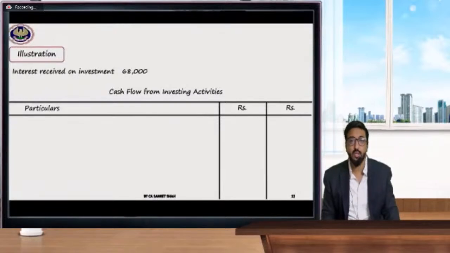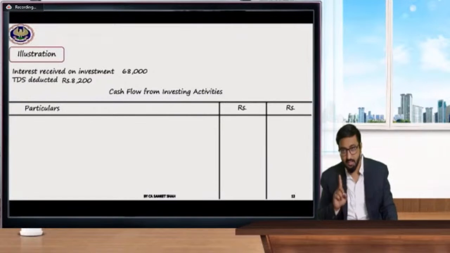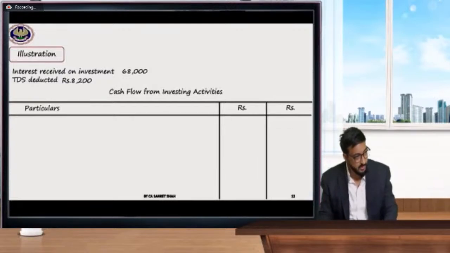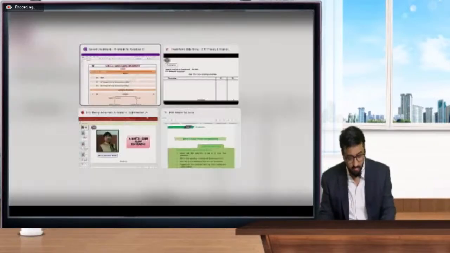इंटरेस्ट रिसीव्ड ऑन इन्वेस्टमेंट, इनफ्लो, चलो, and TDS deducted 8,200. Now understand the concept of TDS first. Understand the concept of TDS first. Yes, do you know what is TDS concept? No, beta, that now this is related to